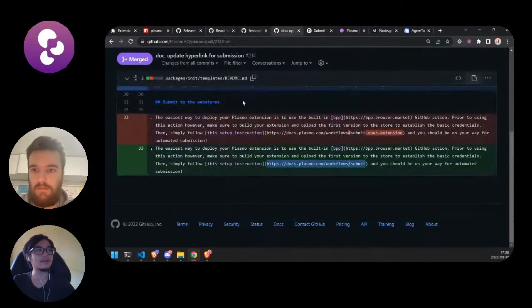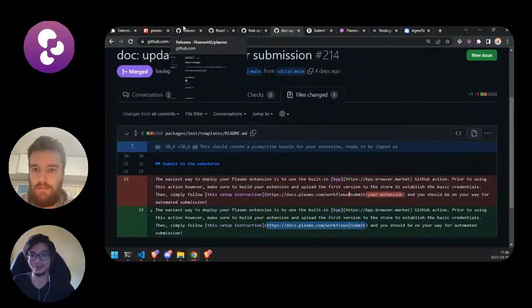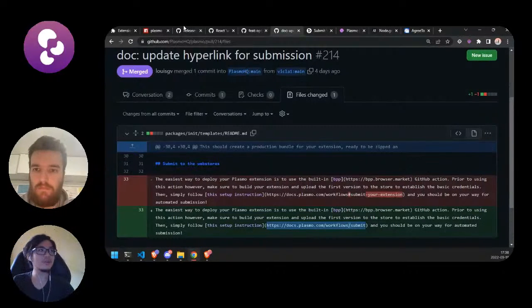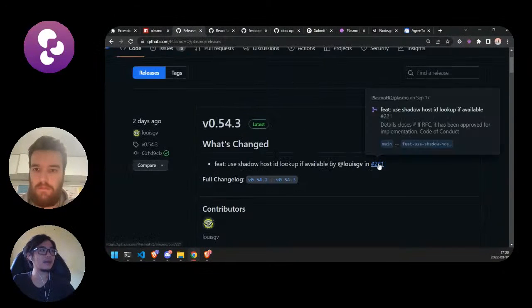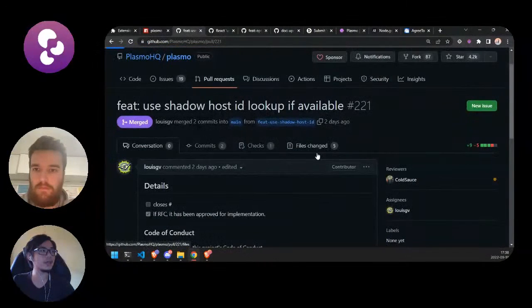to add a get shadow host ID. So basically when you're mounting the shadow host onto the page, right? There are times when you actually want to assign an ID to it, so you can easily query it or find it on your page. So I basically added a slight